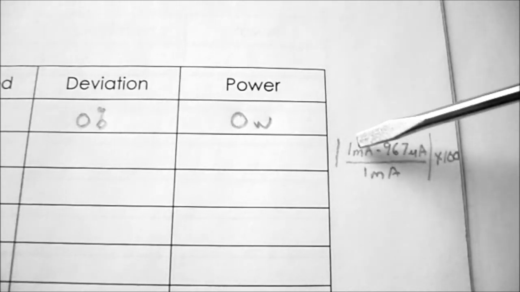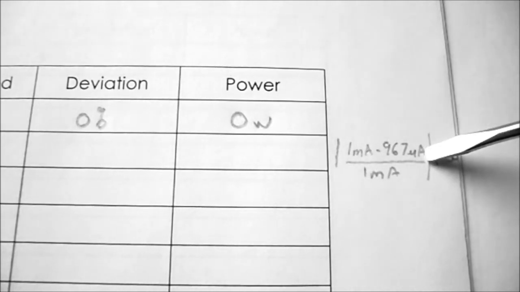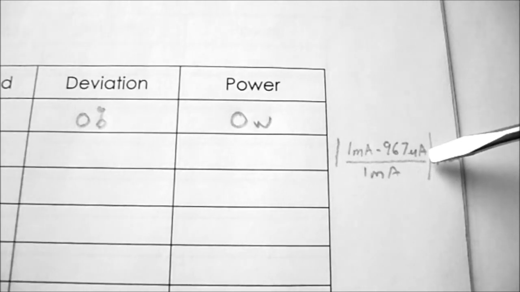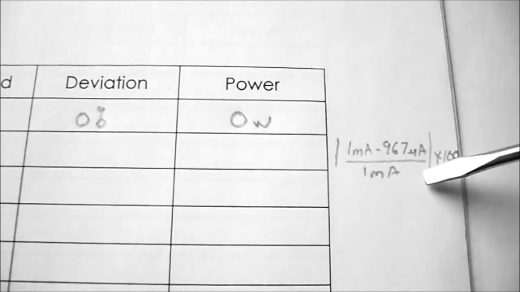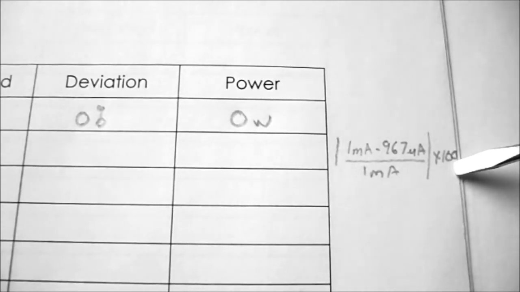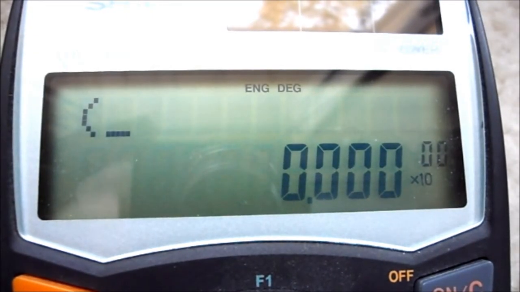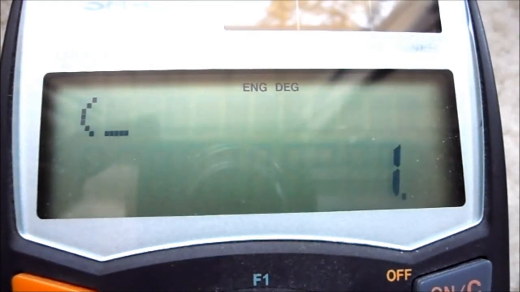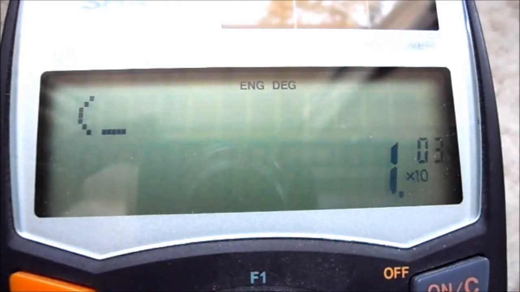And remember to keep the order of operations when you're doing this on a calculation. You may need to put brackets around the 1 milliamp minus the 967 microamp, and then divide it by the 1 milliamp. Then take the positive value you end up with and multiply it by 100. So on your calculator, put in the left bracket and type in 1 exp, and this is milliamp, so that's 3, and you want it to be minus, so press the plus minus button,